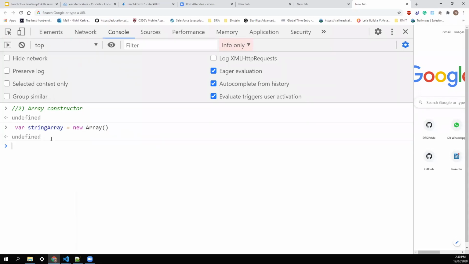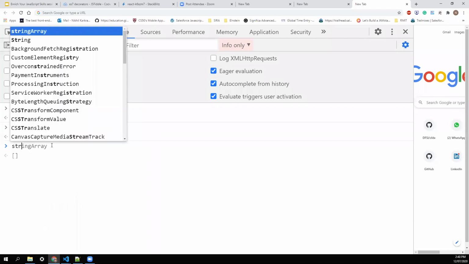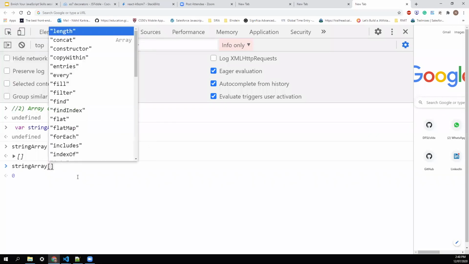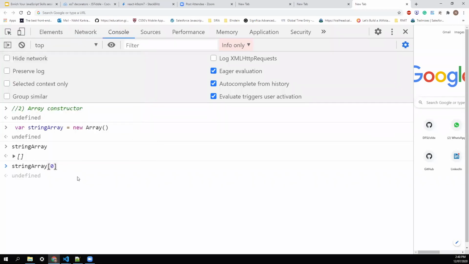So now if I print string array, you can see it's an empty array. And as we discussed, we can assign the value using the index value, and index is always a numeric number and it always starts with 0. So if I want to add some value to this array, I'll call my array, use the bracket notation and say at the 0th index of that array, add the element 1.